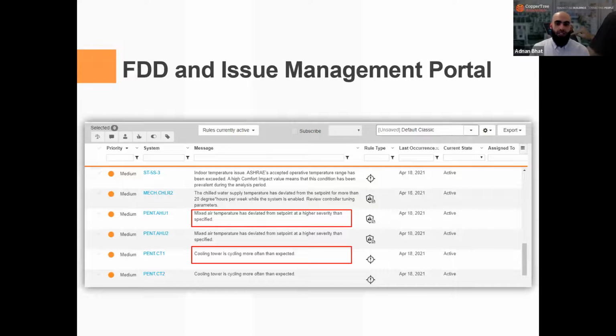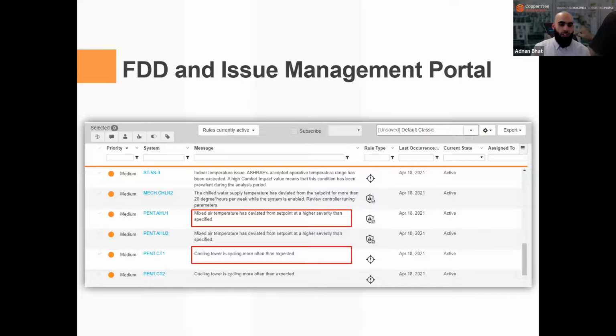And CopperTree's FDD platform Kaizen offers an insight management portal to all the analytical findings in a given facility and presents them in an easy to digest manner. These insights or findings are automatically triggered after the platform detects anomalies and deviations in system performance based on continuous monitoring of system level data. Dashboards can then be customized to prioritize and filter findings based on different priority factors, such as hours of faulty operation, heating impact, cooling impact, energy impact, comfort impact, potential savings, avoidable cost, and other factors.